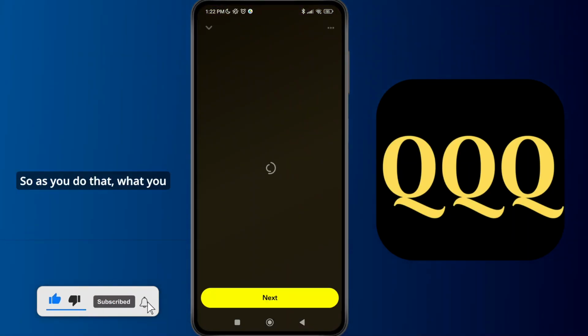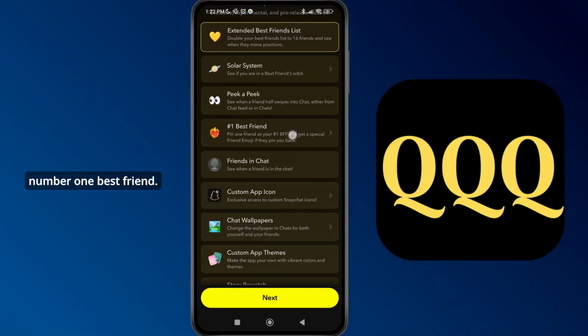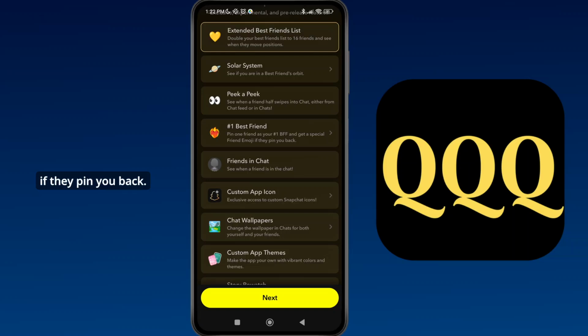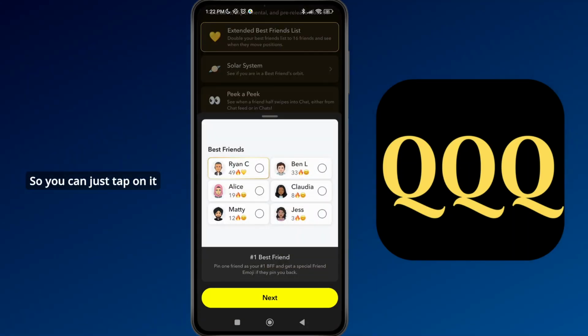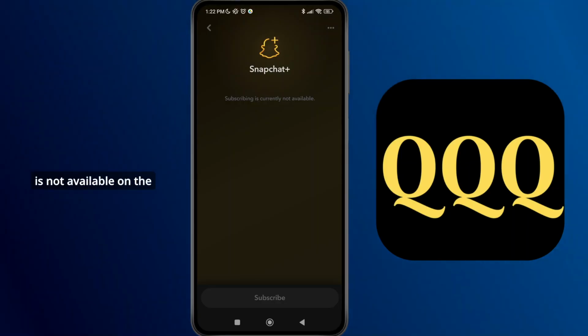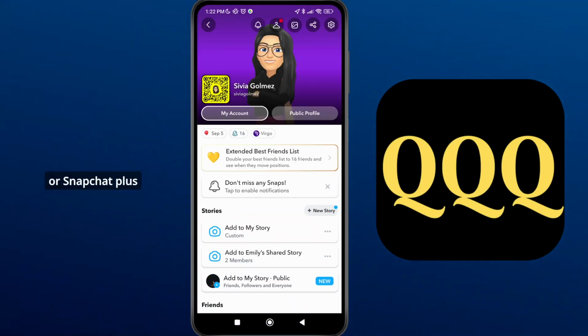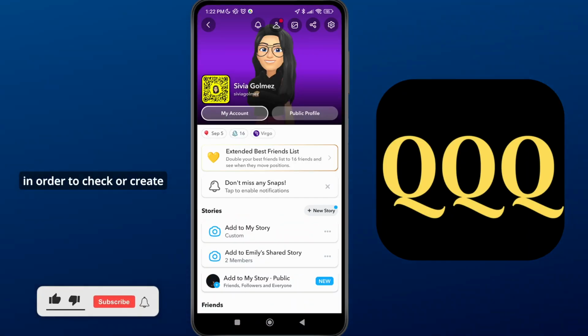So as you do that, what you can see is, as you scroll down, you can see the option of number one best friend. So you can pin one friend as your BFF and get special friend emoji if they pin you back. So you can just tap on it and here you'll be able to see the best friends list. And as you tap on next, you can see subscribing is not available in the region that I'm in right now. So you need to have a premium version or Snapchat Plus in order to check or create a best